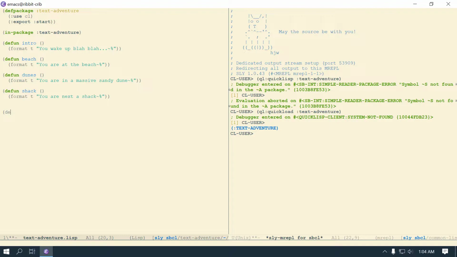I guess I wanted a start function, I said, so defun start. And I want to have a look function, I think. Even though the intro will be short, I think I want to have the intro have a look. So you could look around at your location, which means I don't want to wake up right here, right? So let me kill that and put it down here. Make sure that. And so the intro